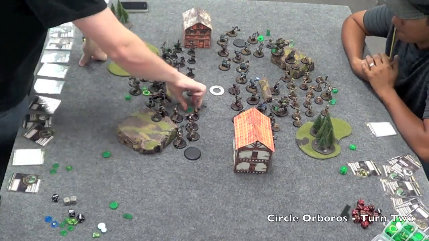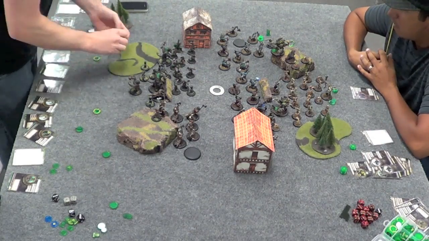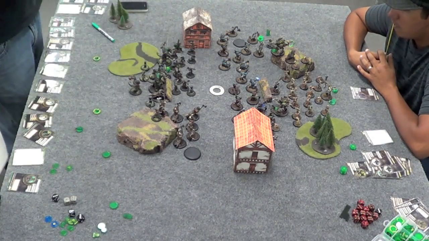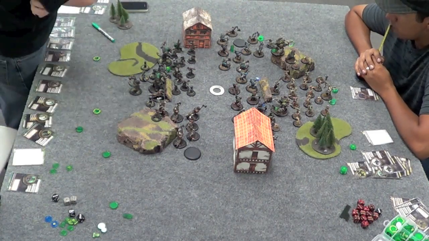This takes us into my second turn. Since I'm planning on sending my Ravagers in, I'll let Occultation fall because they'll pretty much be within 5 inches of the Pistol Wraiths anyway. Looking at the table, my goal for this turn is to remove Gerlach and as many of his Bloodgorgers as